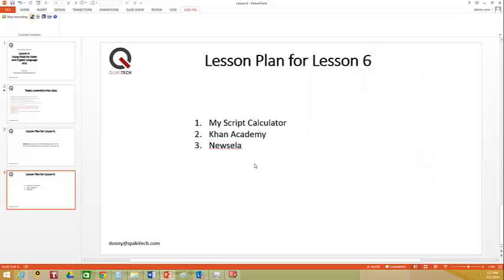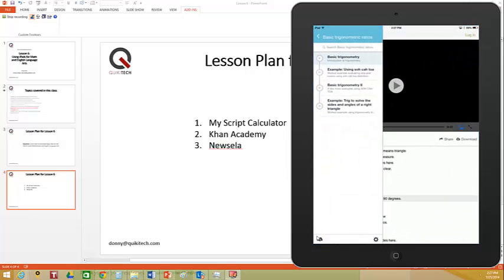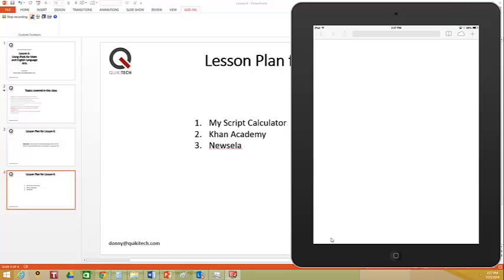Now, the last one is Newsela. This is basically a website, and I'll go there now. So if we go ahead and look here, this is Safari. I want to check something real quick. I click Khan Academy. Okay, I'm going to go back. Click on Safari, a browser. And then what you can do is you can click on